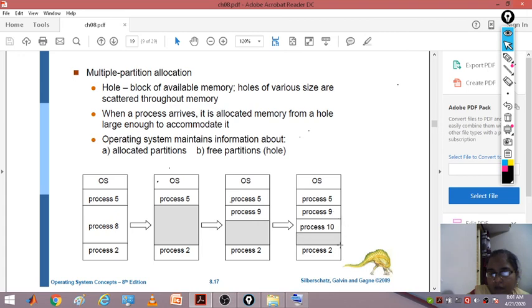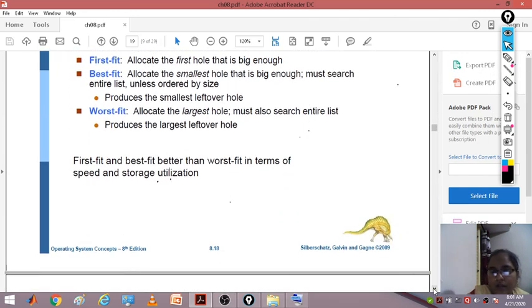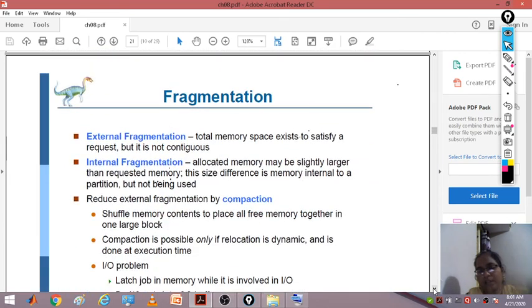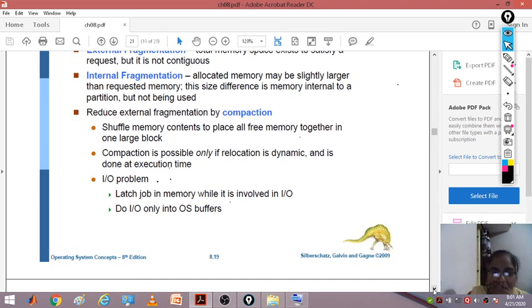If you have a few more holes like that, you move all the processes up and create a larger hole. All the processes are moved into one continuous location, and you create the space as one large block of memory. That is called compaction.